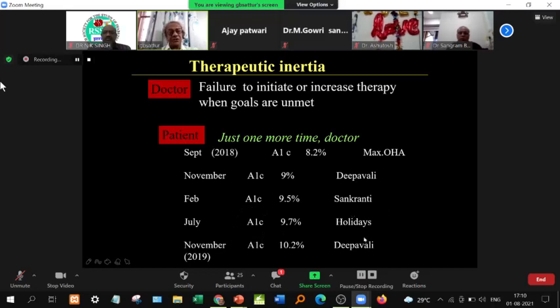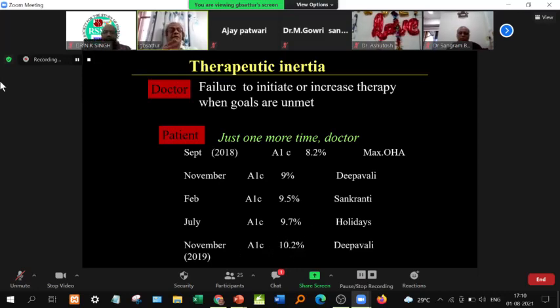And she said, sir, children have holidays, and in the month of June we went towards the north and had a good holiday. I said, it is impossible. I'm losing my patience. She disappeared and appeared the next November, Deepawali, when the HbA1c was 10.